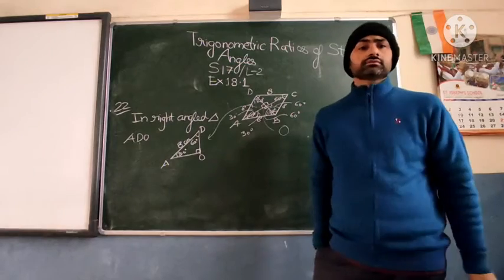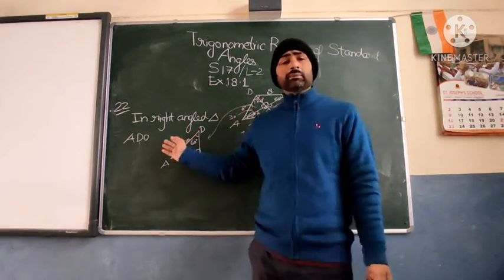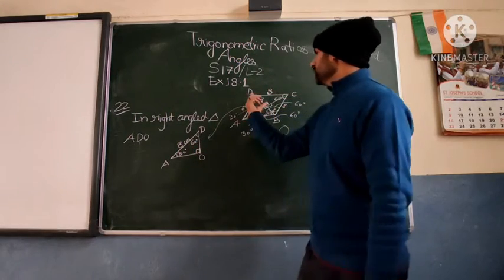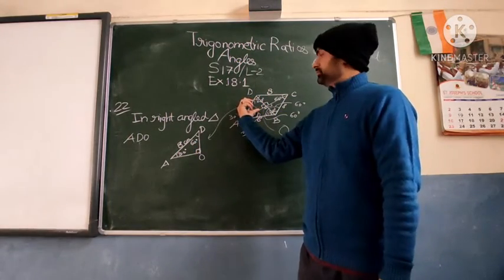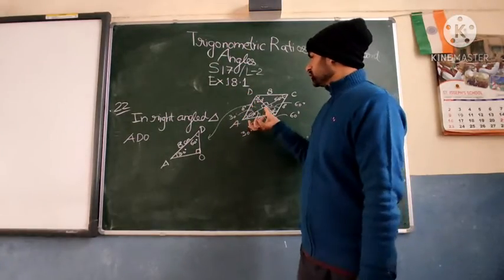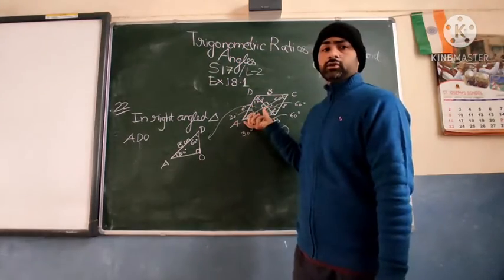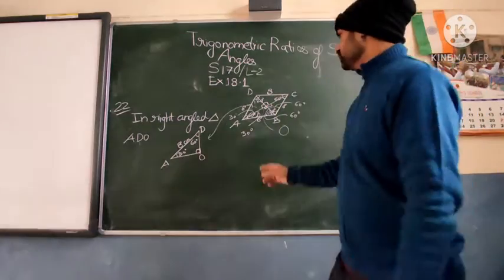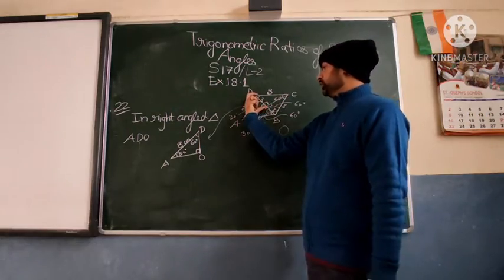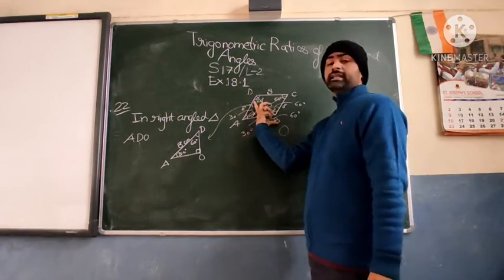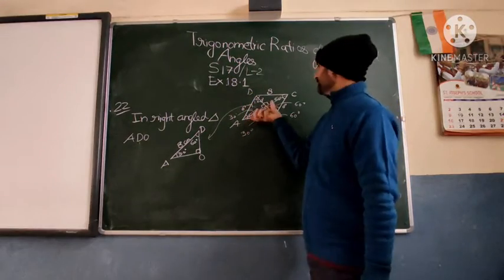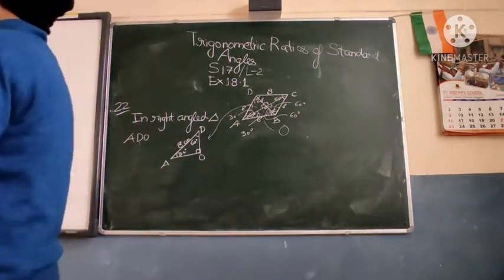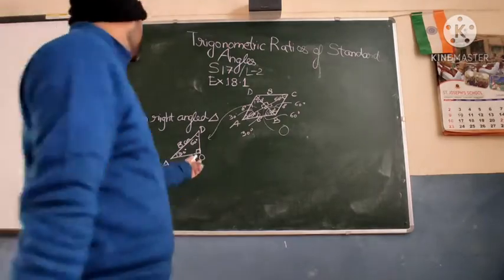What remains? We are knowing the hypotenuse of this triangle. Certainly we can calculate OD. OD is one part of the diagonal. And with OD we can also get AO. That is another part of the diagonal. And diagonals bisect each other also. That means whatever you get for OD, double of that will be BD. And whatever you get for AO, double of that will be AC. Yes or no? This thing has to be there. So please memorize these things.